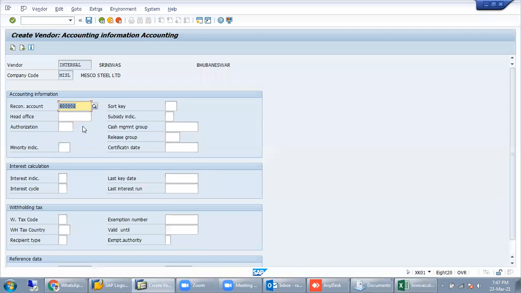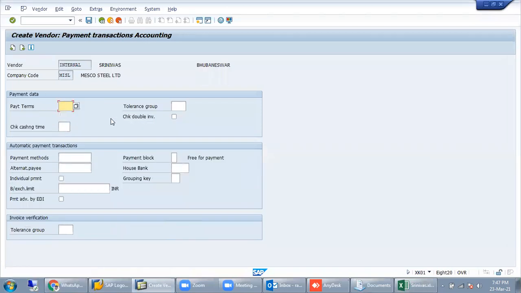So I have just put the recon account, press enter. This is the mandatory thing we need to do. Next is the check for double invoice. While checking for double invoice, the system will check whether the invoice is being posted two times by mistake. Suppose an end user posted one invoice, and again by mistake he is trying to post that.